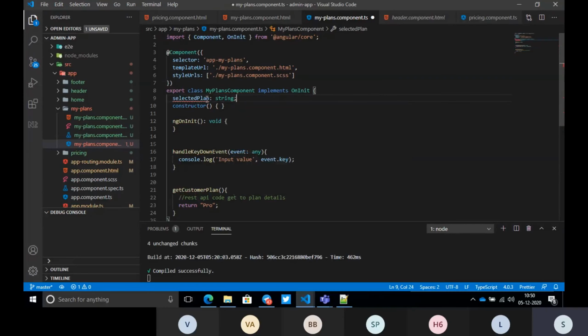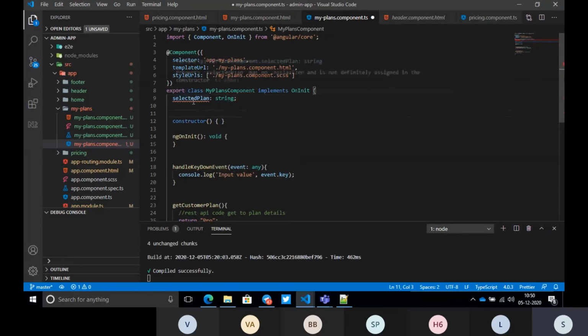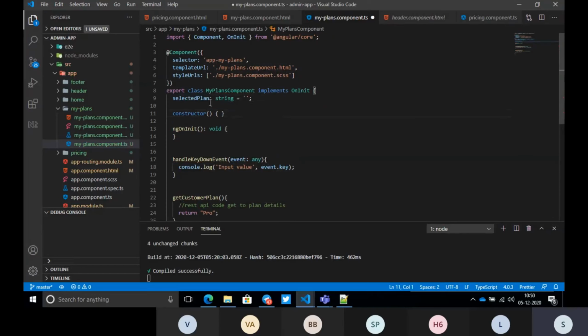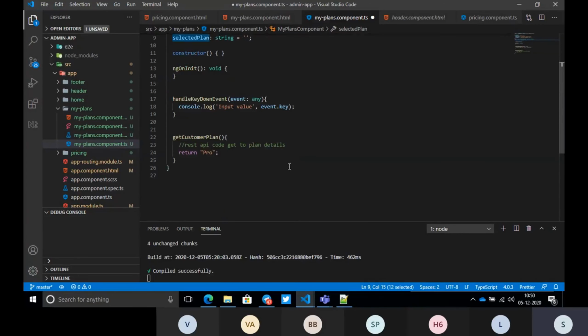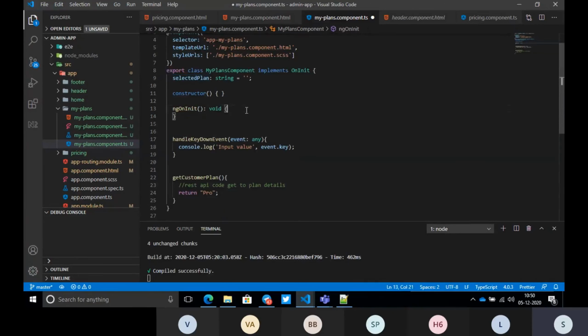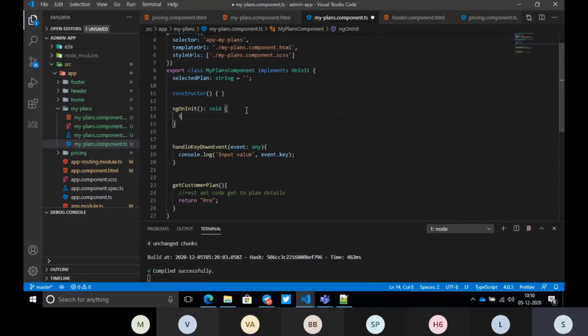What type do you want to define? That's all. We have a selected plan here. Next, we want to initialize this plan with the server data. On ngOnInit we will call this.selectedPlan equals this.getCustomerPlan.